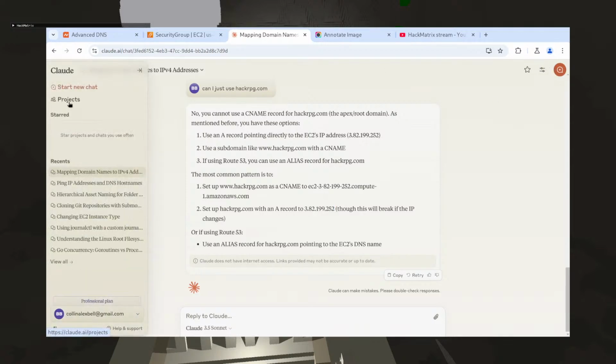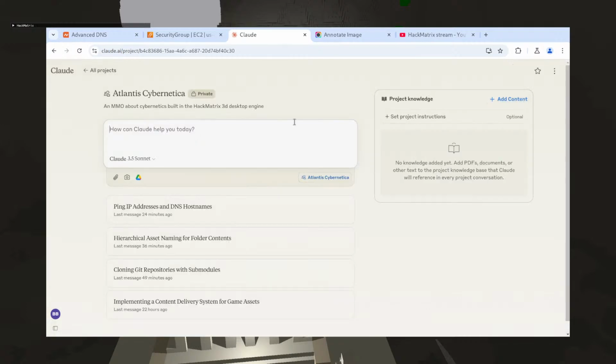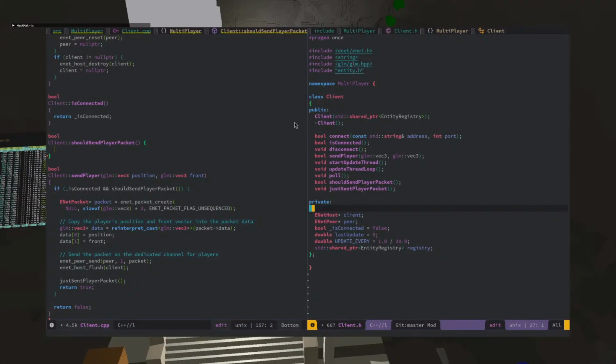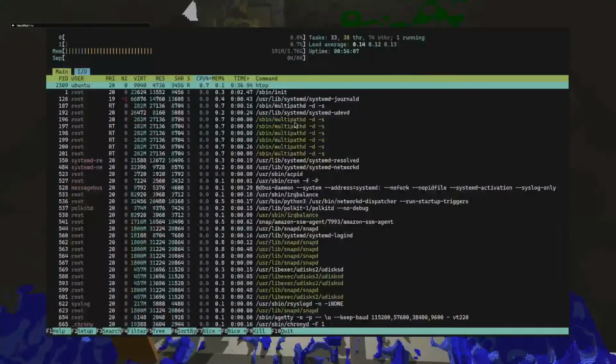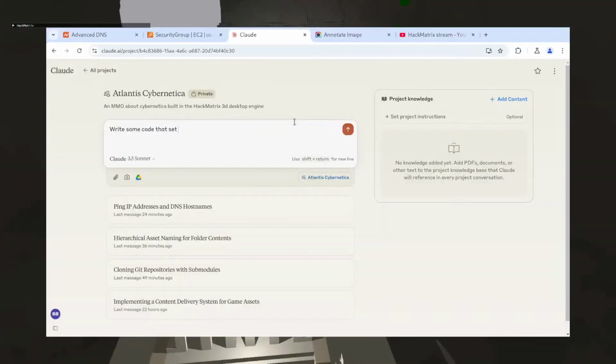So I want to go into the Atlantis Cybernetica project, and then I want to do something. What do I want to do? I want to write some code that sets that to 1, and then this to be set to 3, 2, 3, and then this to be set to 4, 1, 2, 3, 4.